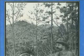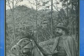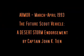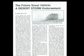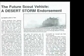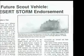U.S. Army Armor Magazine, March-April 1993. The Future Scout Vehicle, a Desert Storm endorsement by Captain John Tien, who recently conducted combat operations in M113 Gavin light-tracked armored fighting vehicles. He writes,